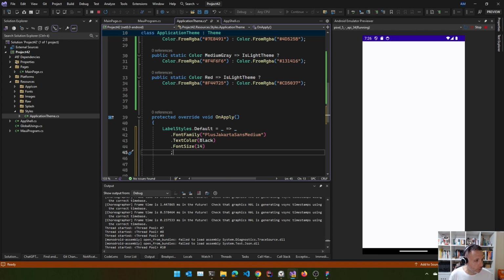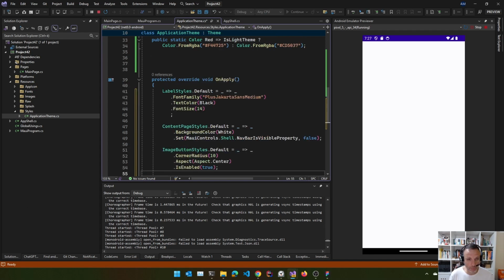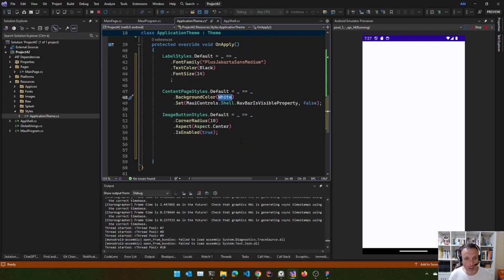And I also want to create some default styles, for example, for the content page. I want the content page to have a white background. Of course, the white here becomes much darker, or almost black, in the dark theme version. I want to disable the navigation bar,